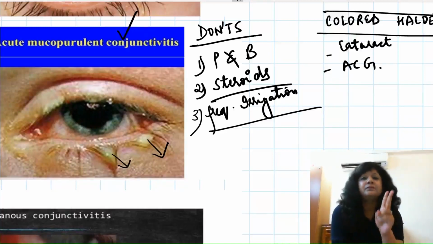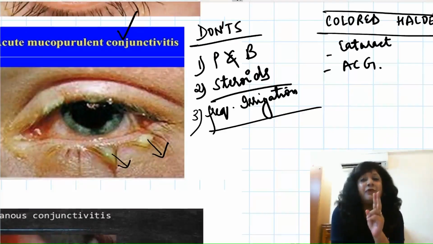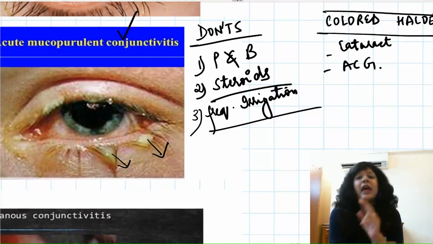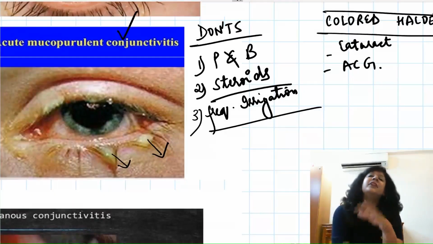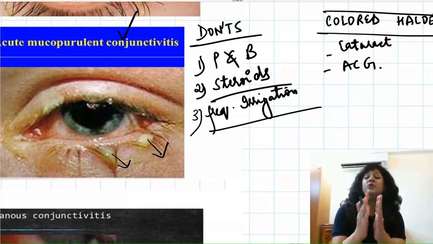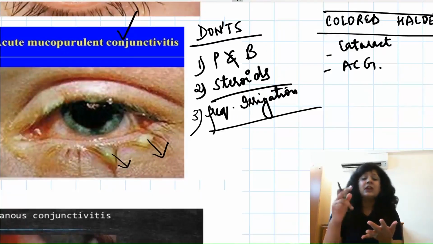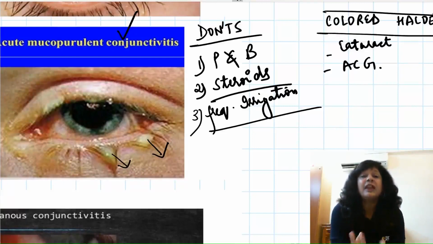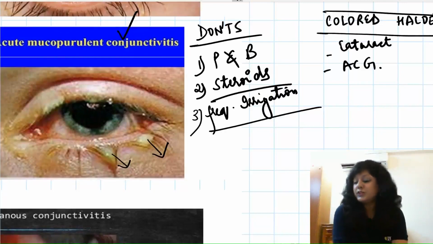Then next important thing, you will study this in the topic of cornea, that some of the bacteria can invade the intact corneal epithelium, and Neisseria gonorrhoeae is one of them. So whenever the patient is having this gonococcal conjunctivitis, we always have a risk of this corneal involvement. So there are certain things which will always point towards the gonococcal infection: urethritis, arthritis, corneal involvement, severe involvement, lot of chemosis, lot of congestion, bilateral involvement, purulent discharge. You will learn this all within this topic only.